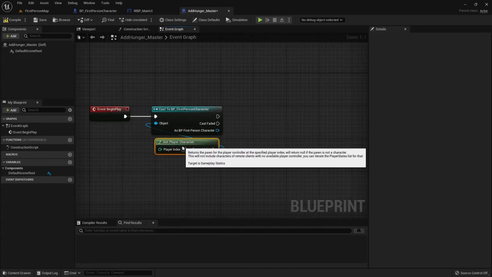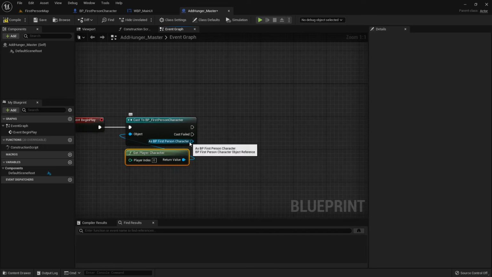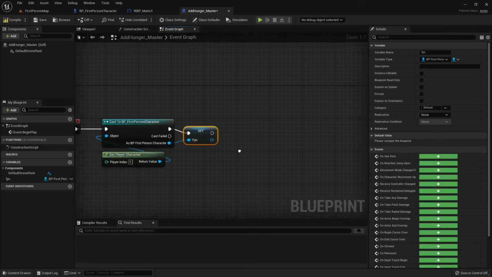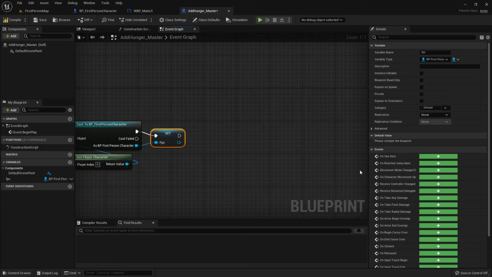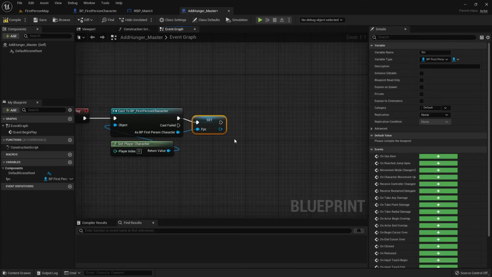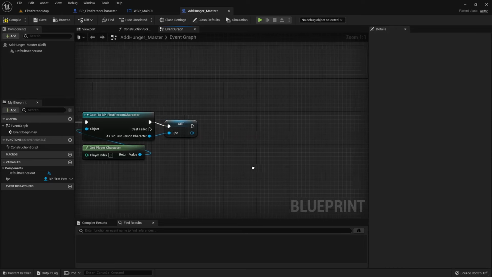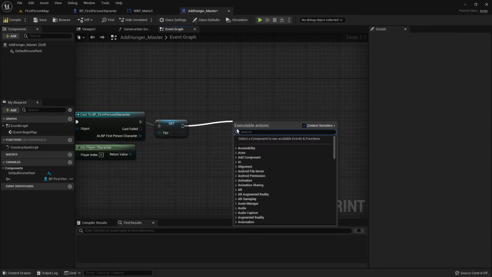And from this, we're going to pull off of as BP first person character, promote to variable, and I'm going to give it a shortcut name called FPC, or first person character. And then from this, we're going to, again, this is for a notification, the notification system part. It's only 1 bit, so you don't need to skip ahead. But for people that have it, we're going to